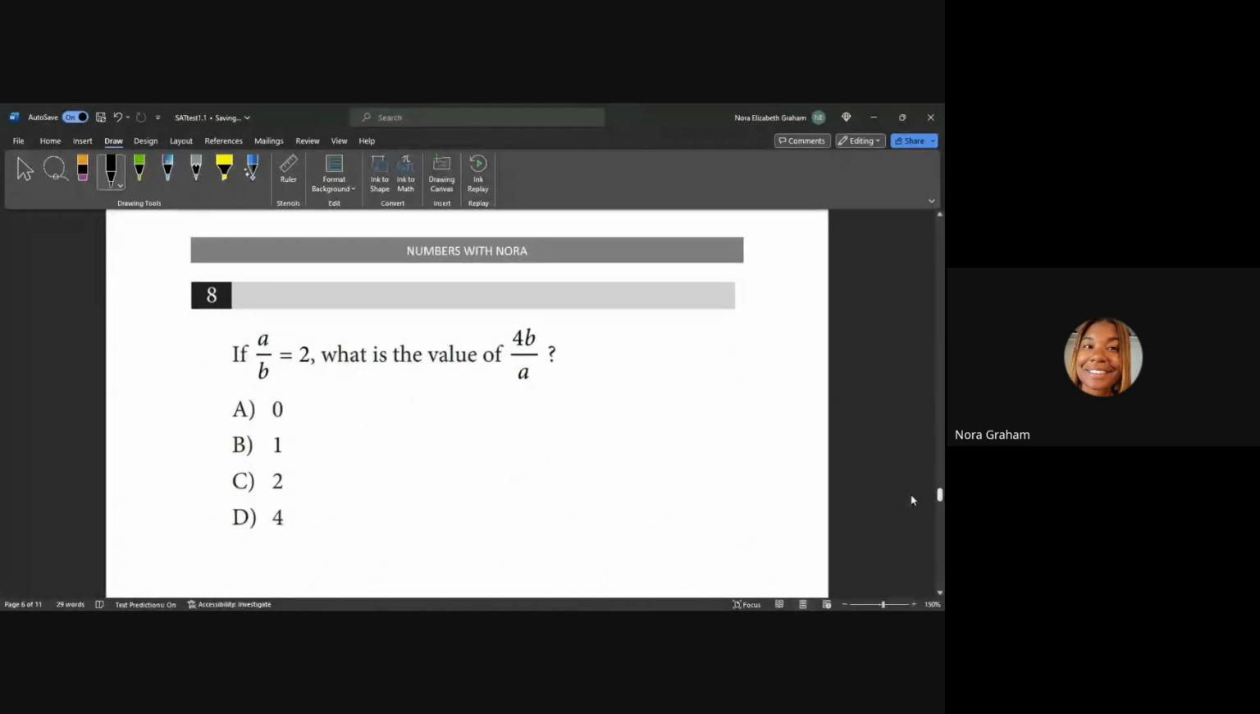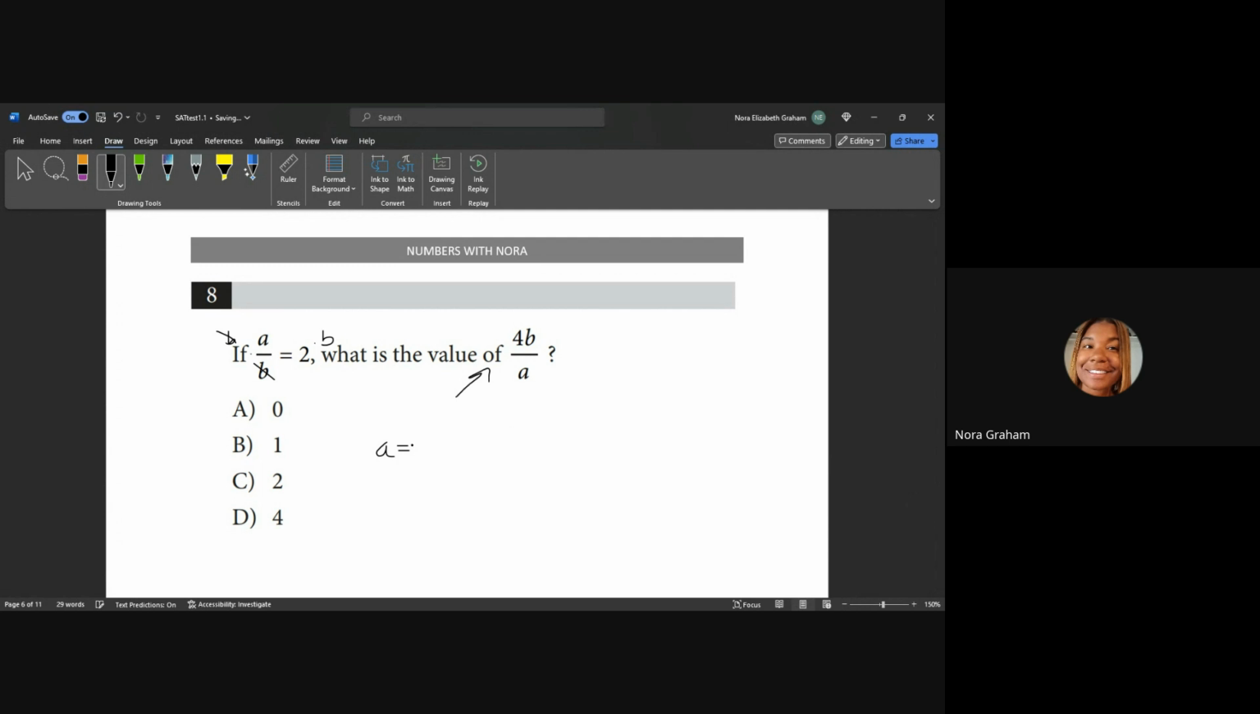Now let's do 8. If A over B equals 2, what is the value of 4B over A? So first, we need to find the value of this, but first let's isolate either our A or B so we can plug it into this expression. I think it's going to be easier to solve for A first because all we have to do is multiply B by both sides. So if I multiply B by this side and then multiply B by this side too, my B's cancel out right here. I get A